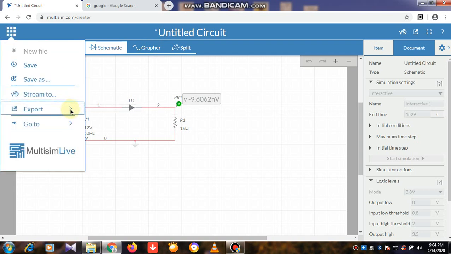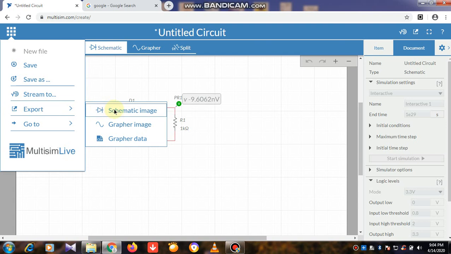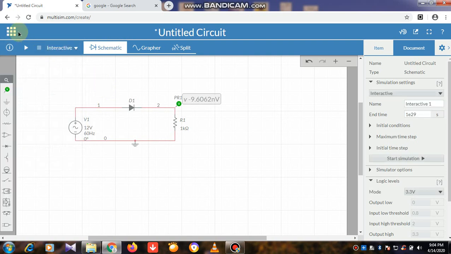Okay, so export means the schematic image can be exported and stored in your laptop at any location. And go to my circuits means you have to see your already